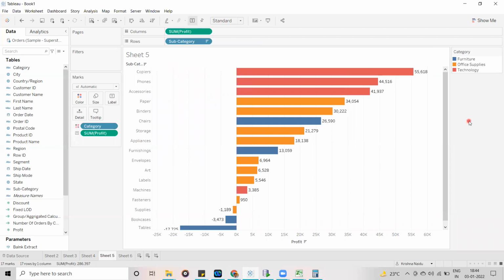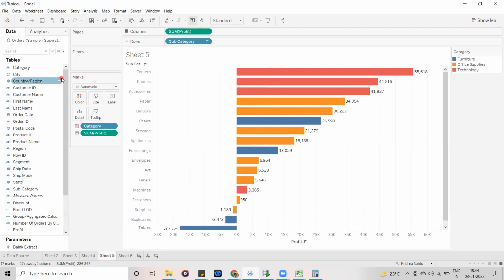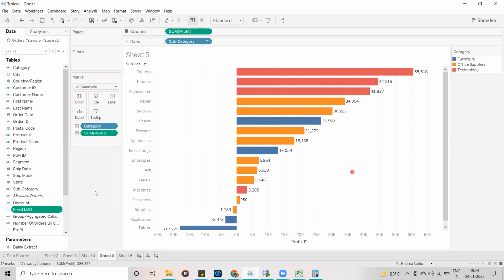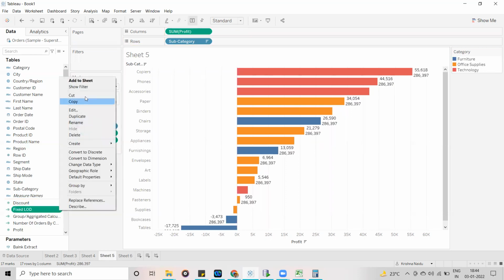So how are we going to calculate this? Let me open this. Before that, I'm going to drag this as well. This is the function, so we are using total here.